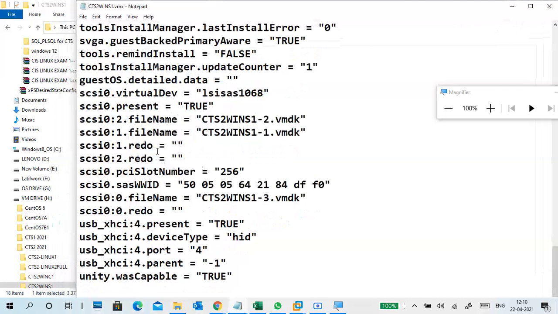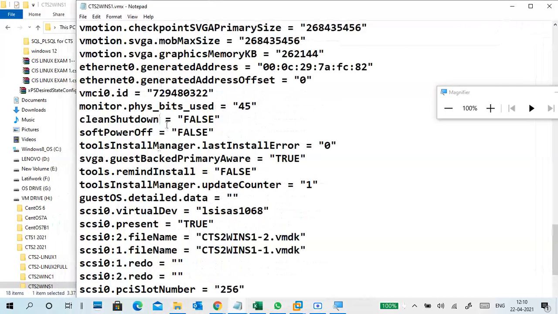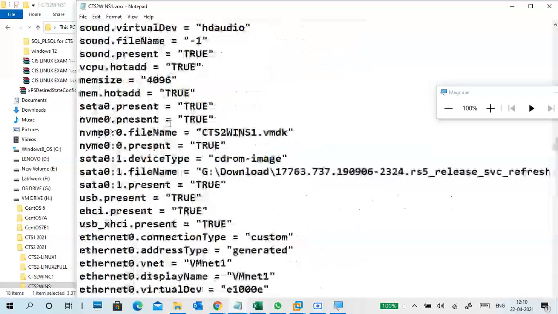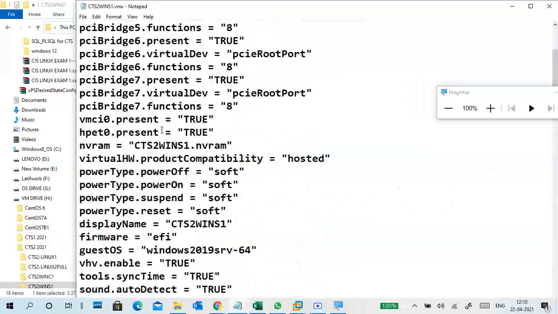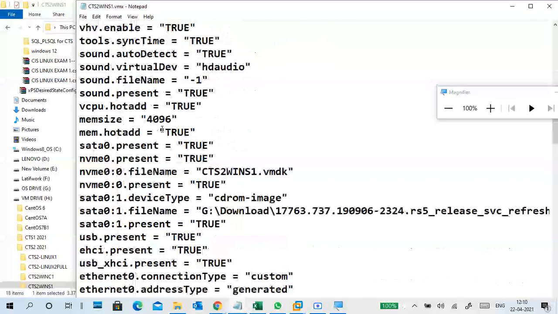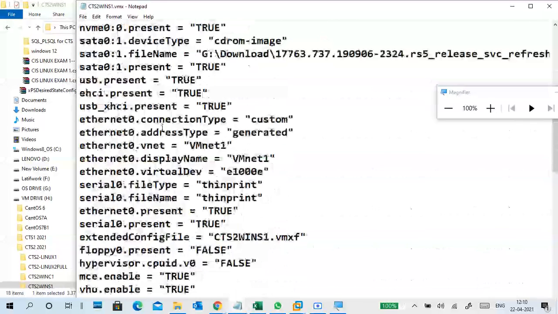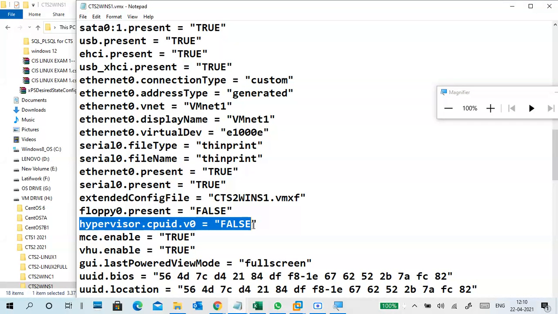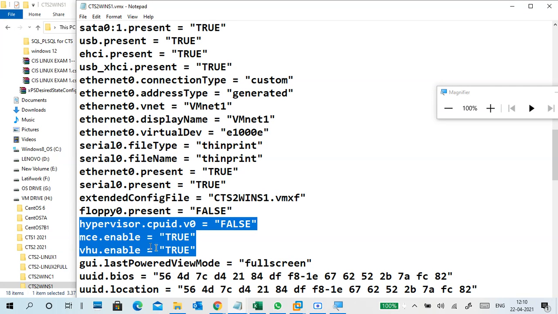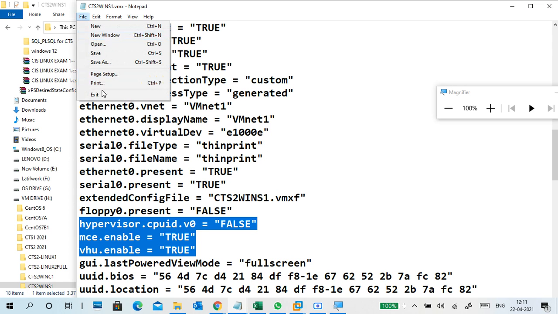Why? Because when I started the machine, automatically it went somewhere inside this machine. You can find it from here: hypervisor.cpuid.v0 = false, and these two things also added. So based on these three lines and the check mark, you will get the virtualization part.